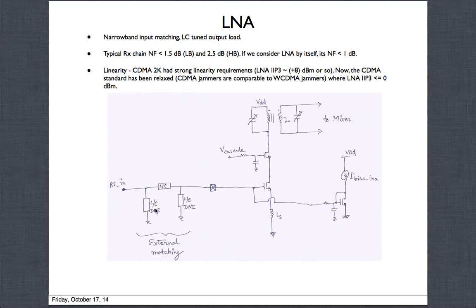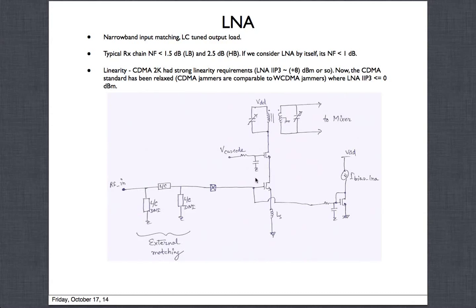That's great. And the other thing, as we will see, is that the matching circuitry is also acting as a filter. So some of the far-out jammers that will come, it will filter out. It only provides good matching at such frequencies. So let's say you're matching at 2.1 gigahertz, and you had some interferer at say 2.5 gigahertz. This matching circuitry will provide significant attenuation of that, maybe 10-20 dB, not a whole lot, but still good enough to attenuate it. So those are the key things that come from narrowband matching.